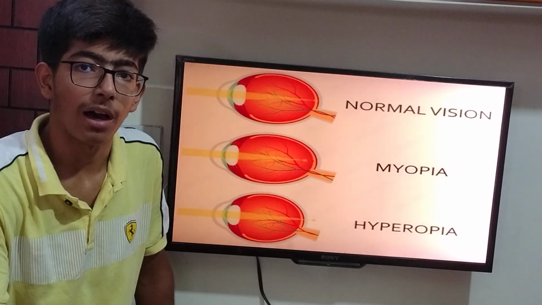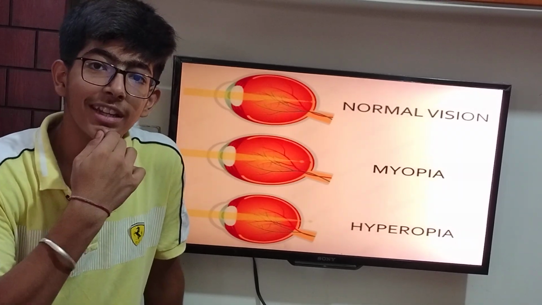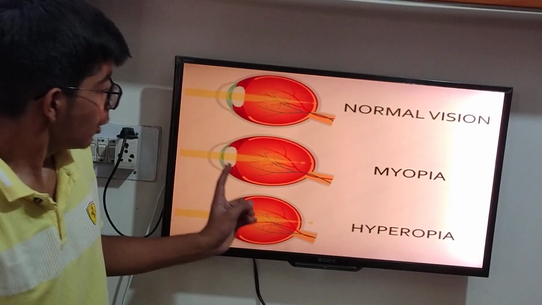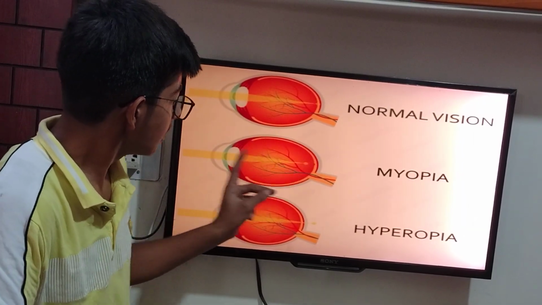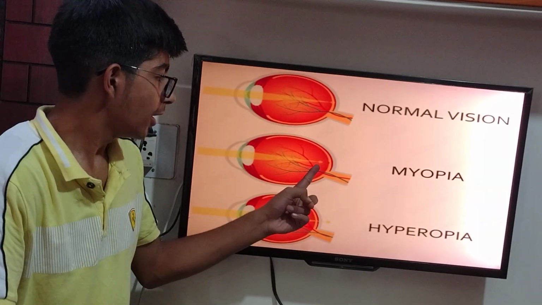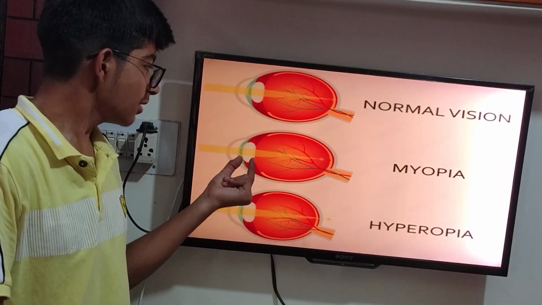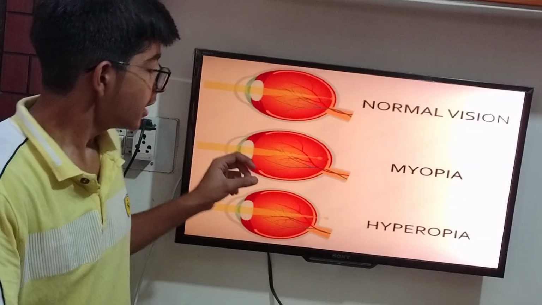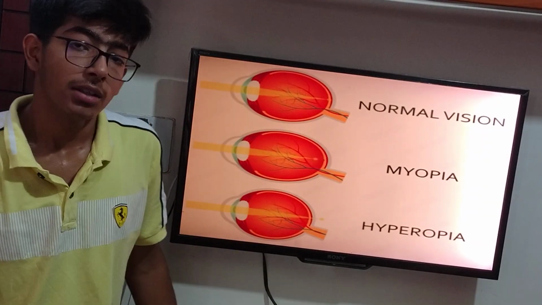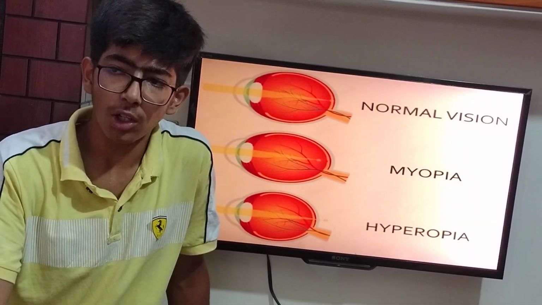But when you have myopia, this is also called nearsightedness. In this, we can't see the objects which are far away. In this myopia, the eyeball elongates and the image is formed in front of the retina. So there are two reasons for this. Either the eyeball is long, or this convex lens is so thick that it converges the light rays before the retina. Then the second defect is hypermetropia, in which people can't see objects which are near to